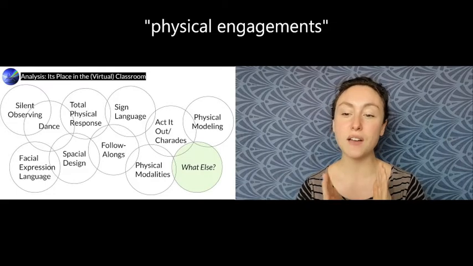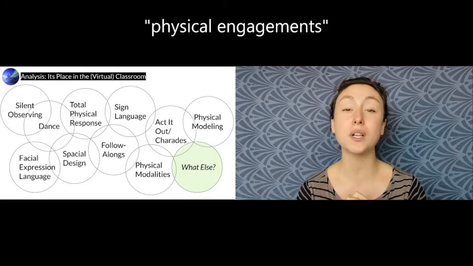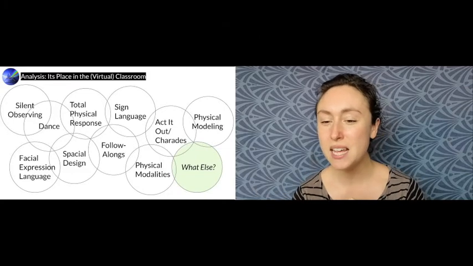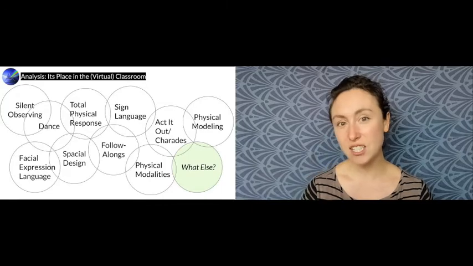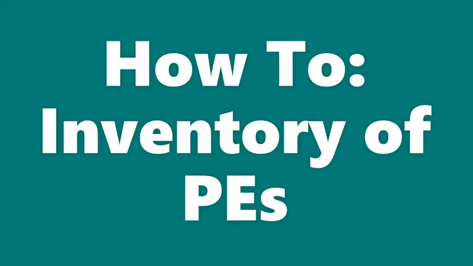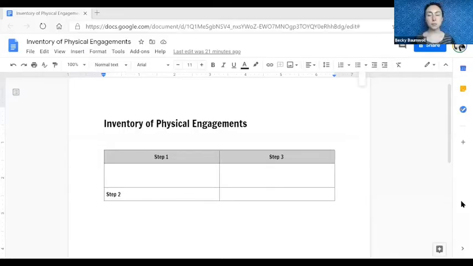I suggest that the right level of integration of that is totally up to you. You're the expert in your classroom. But if you're looking for where to start, here's one way. This beautiful Google Doc is called an inventory of physical engagements. So this is the tool I'm going to walk through with you. There are 3 steps. All right, and I suggest setting it up like this, but obviously you can do whatever you please. This is just how I like to think. I love a good Google Doc.